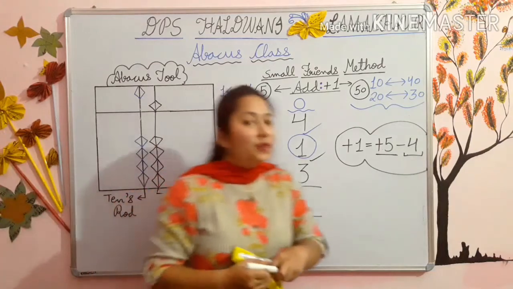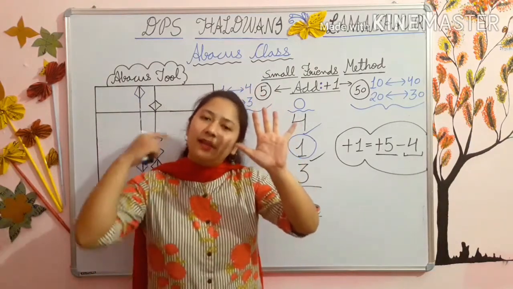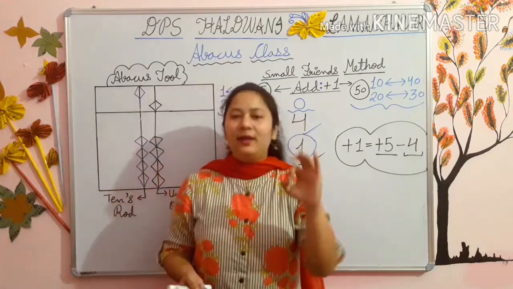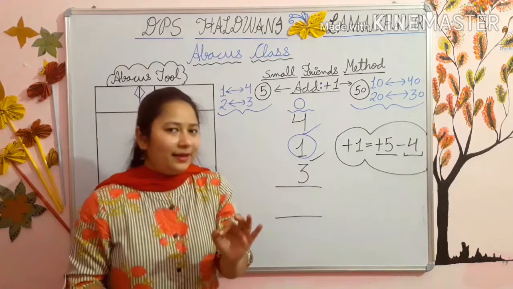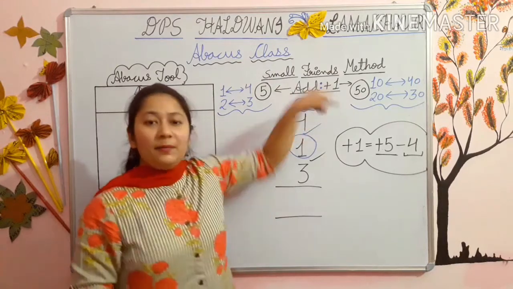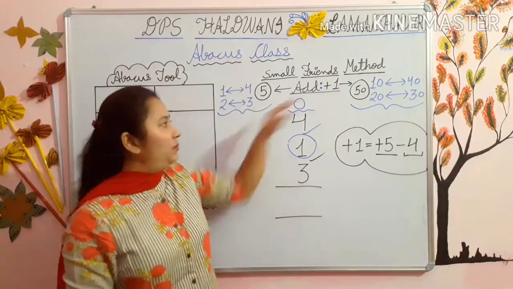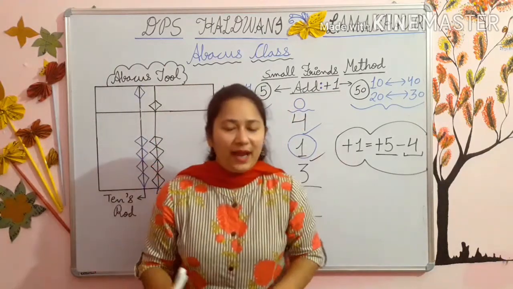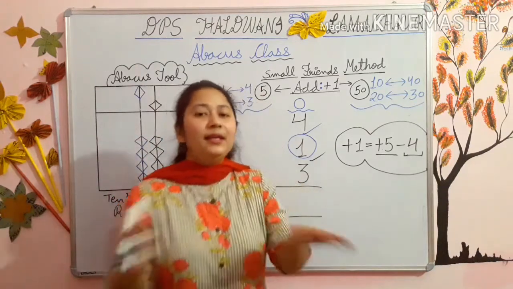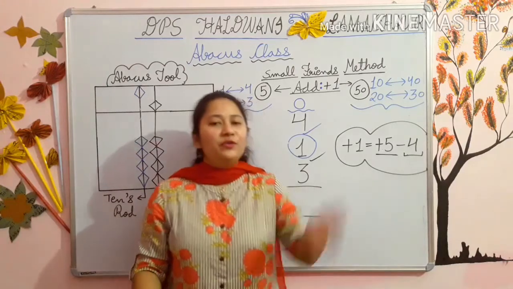Just remember kids, what you are doing, you are adding 5, subtracting the friend. Just remember, if you have to add 1, अगर आपको 1 को add करना है and beat नहीं है. Our today's topic is +1. Means that whatever sums we will do, they are all related to +1 only. So whenever we have to add 1 and bead is not there, हमें 1 को ऐड करना है लेकिन बीड नहीं है abacus टूल में. So what you will do? First of all you will add 5.